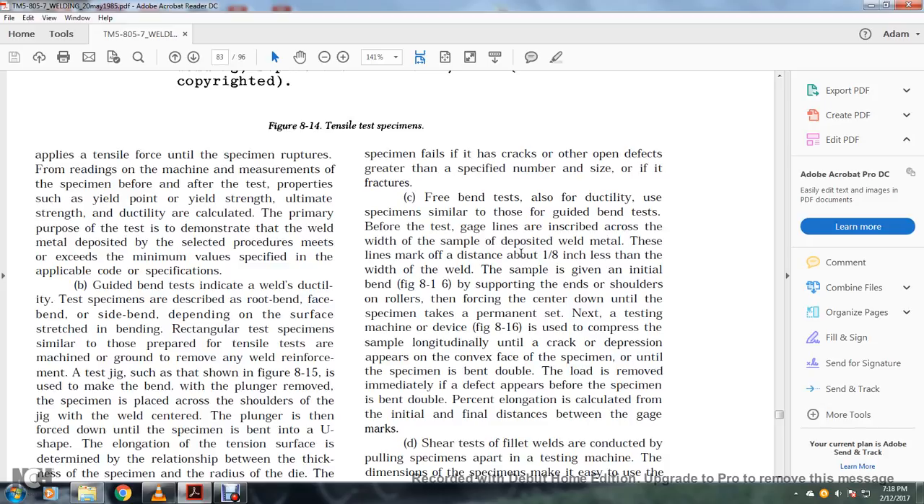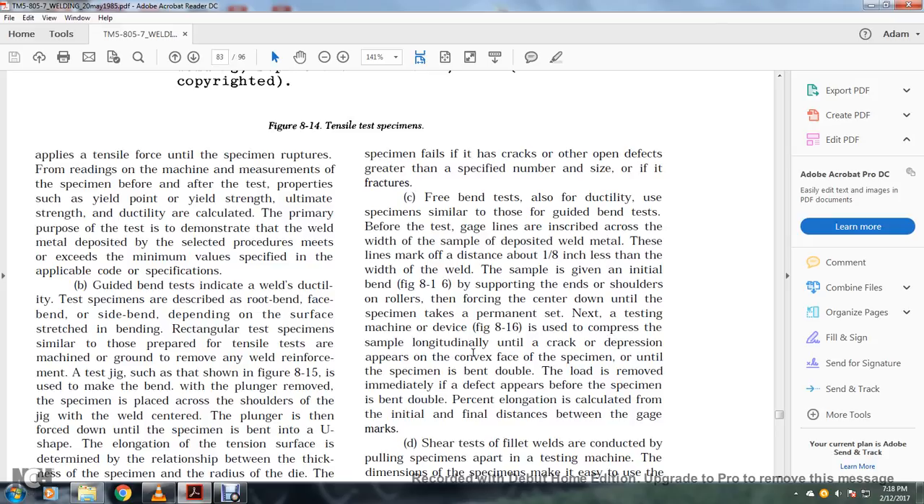The lines mark off the distance about 1/8 of an inch less than the width of the weld. The sample is given the initial bend. Figure 8.16 shows the supporting end of the shoulders on the rollers, then forcing the center down until the specimen takes a permanent set. Next, in a testing machine device, figure 8.16, the sample is compressed longitudinally until the crack or